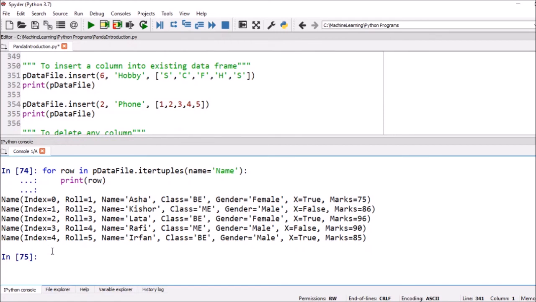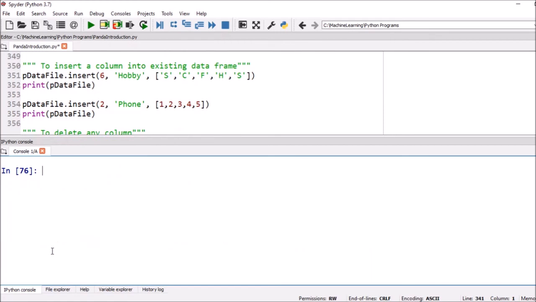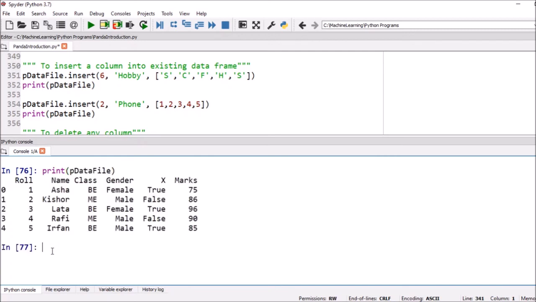Next, we can see one thing. First of all, just see the file first. Here roll number, name, class, gender, marks are there. Now suppose we want to insert another column after that, marks. So how many columns are there? Column 0, 1, 2, 3, 4, 5.